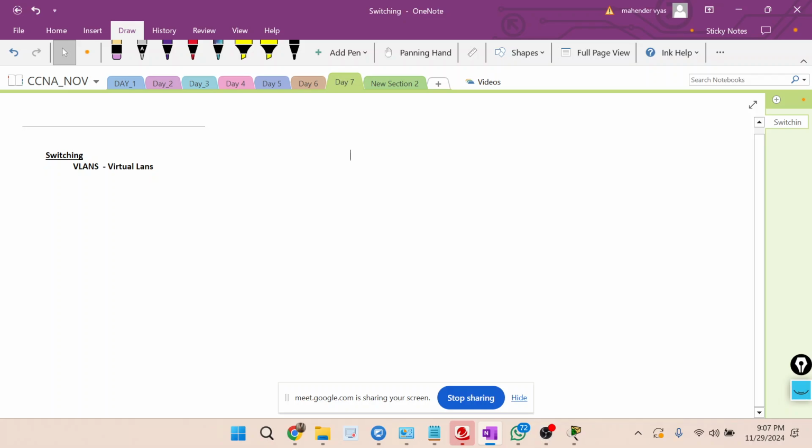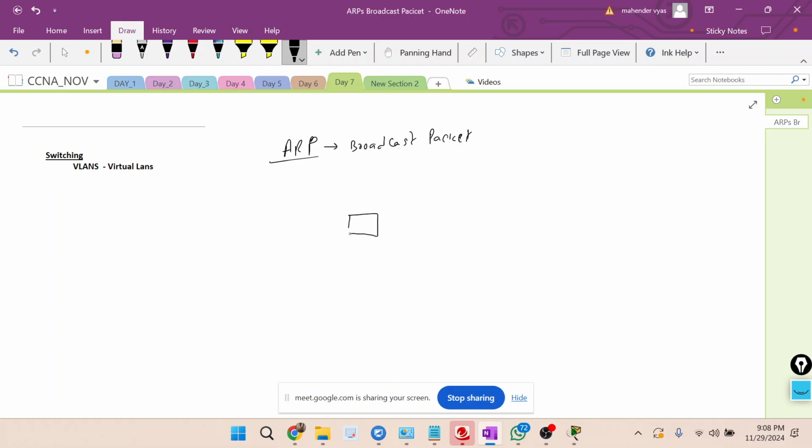See, with yesterday's topic, what we have learned: when the system is doing ARP, it is usually generated by the system, right? When the system is generating ARP, it is generating a broadcast packet. Correct? Because whenever a system is sending ARP to one machine, see, this is a switch, this is a PC, this is a switch connected to a switch, this is another PC.